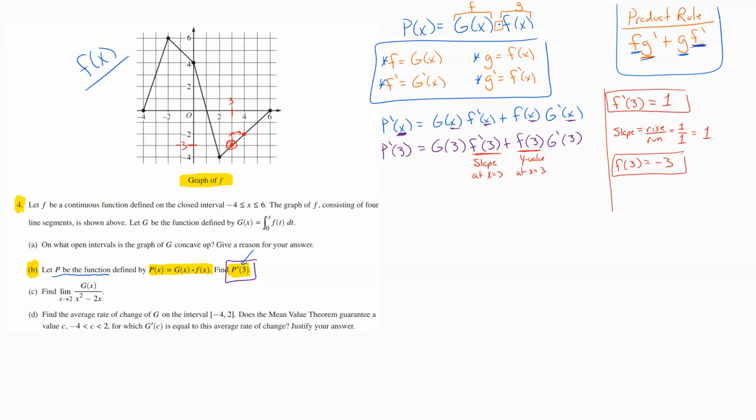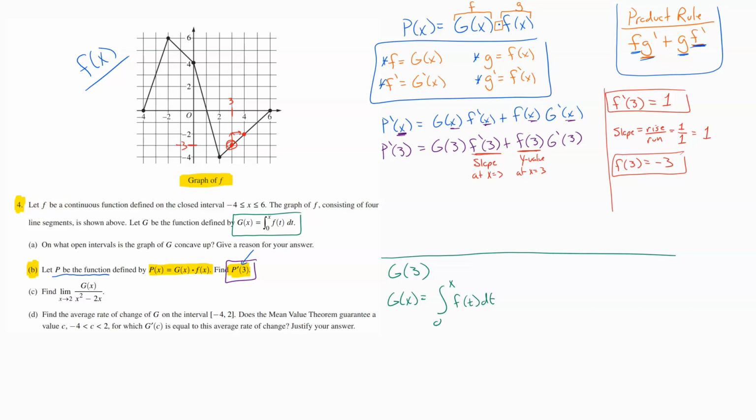And now we're going to go after the other pieces. They're not crazy complicated, but they're just a little bit different than reading it straight off the graph like we did with the last two. So let's look at these pieces here. If I wanted to find g of 3, I need an equation for g to plug 3 into. And that means I need to come up here and I say, oh, there's my equation for g of x. So g of x is equal to the integral from 0 to x of f of t